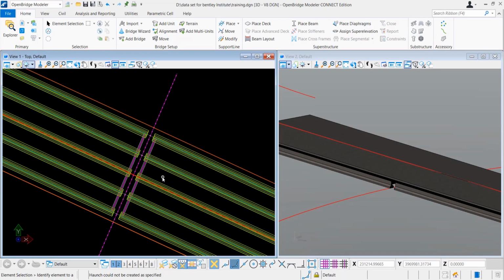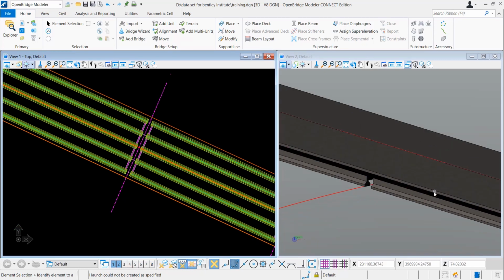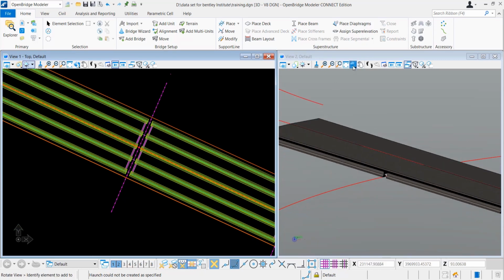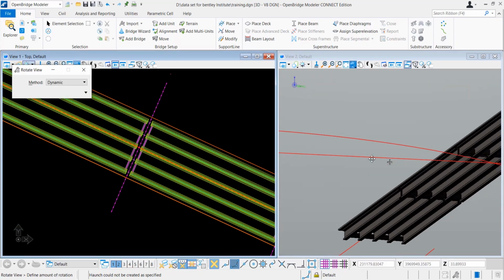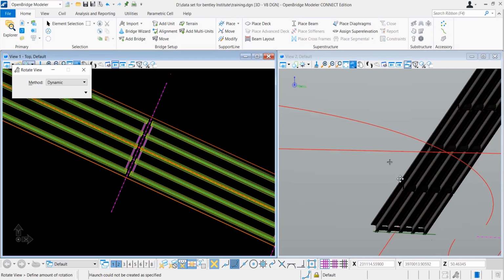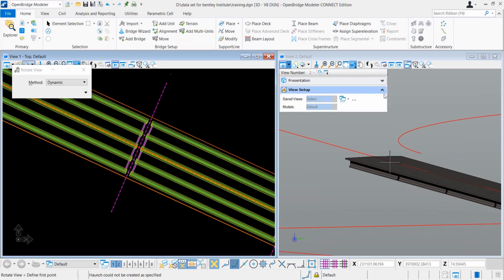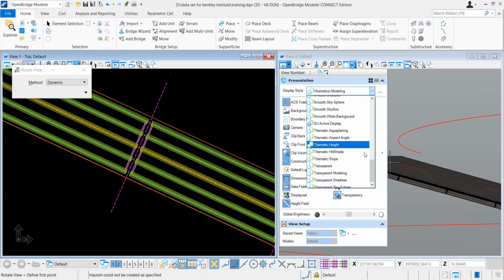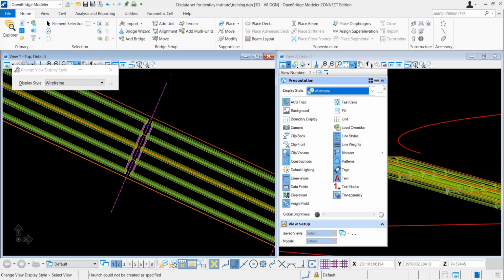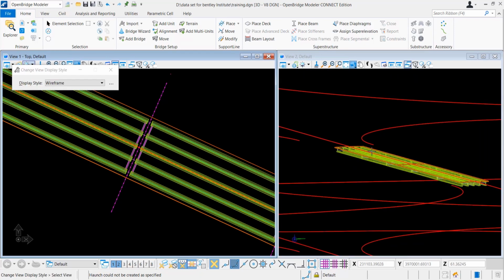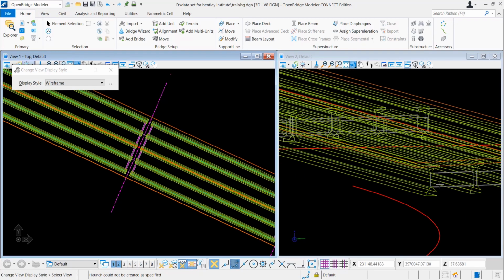So let's go to 3D view. If we rotate it, you can see how the diaphragm has been placed. You can see the diaphragm has been placed below the deck. The reason being, our deck is 200 mm thickness and we have given a 500 mm offset from the top, so it is considering top as the top of the deck, right?